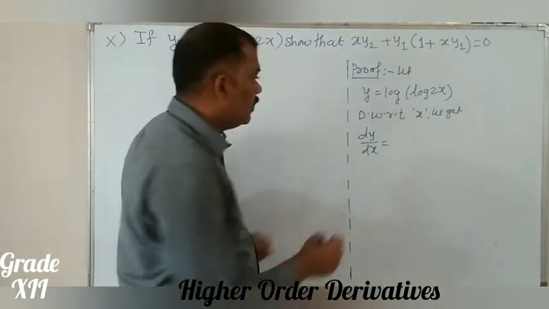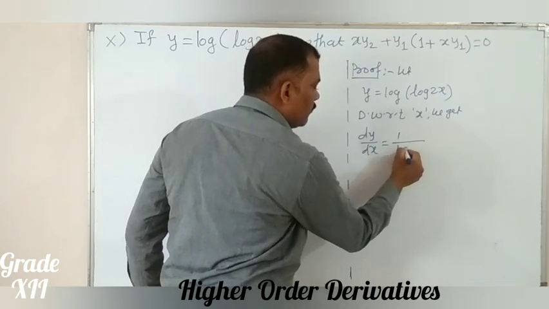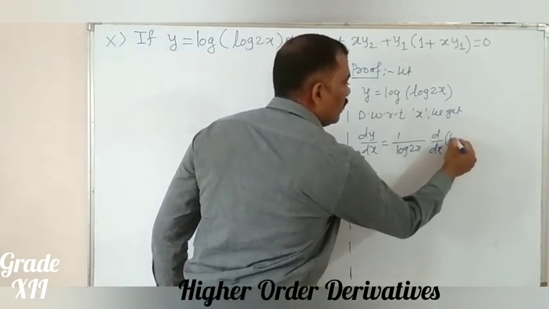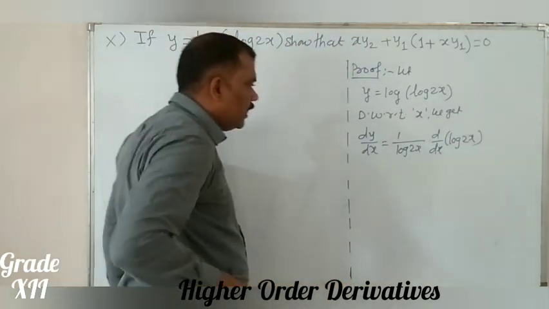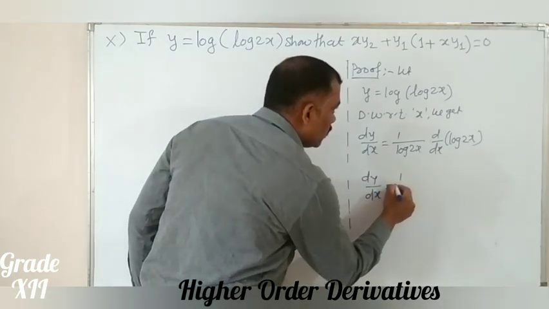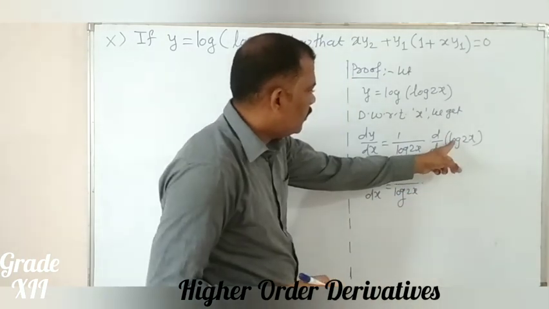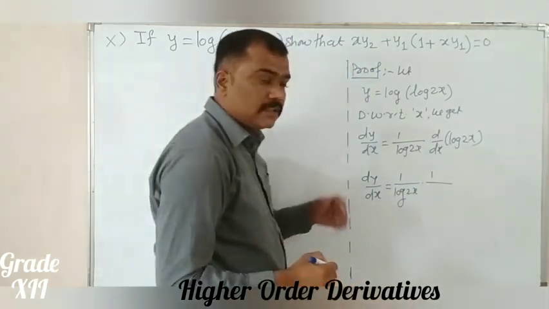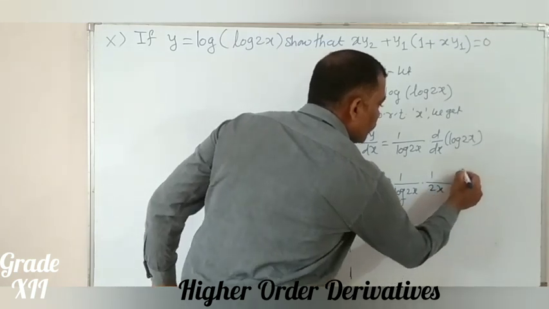What is the derivative of log? 1 upon x, x is nothing but log of 2x into d dx of log of 2x. So dy by dx is equal to 1 upon log of 2x into, here we keep the finger on log. What is the derivative of log? It is nothing but 1 upon x, but instead of x we have to use the 2x into d dx